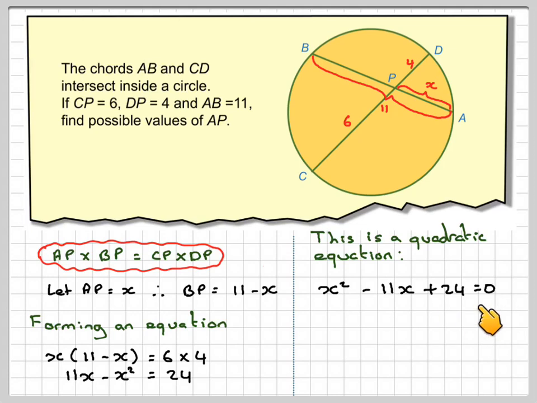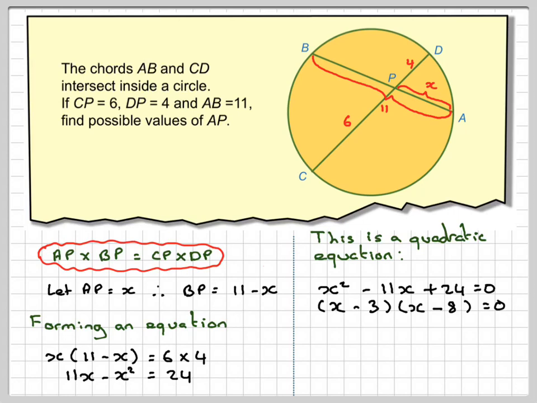Now you should by now be able to factorize something like that. So start with x and x. What are the factors of 24? Well, there's quite a few: 2 and 12, 3 and 8, 4 and 6. Now you'll probably see that 3 and 8 do actually add up to 11. So we'll put 3 in there and 8 in here, and we want a minus 11. So if we make that minus and that minus, that will be okay, because minus 3 times minus 8 does